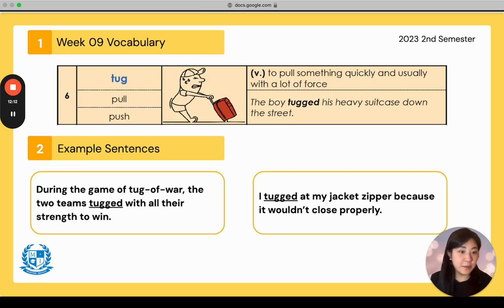If you go to the airport, you may have to tug your suitcase from the baggage claim belt because it's very heavy. Oh, I just gave you another extra sentence. Repeat after me. The boy tugged his heavy suitcase down the street. High five. And example 1, during the game Tug of War, the two teams tugged with all their strength to